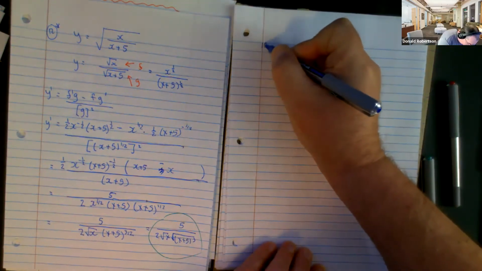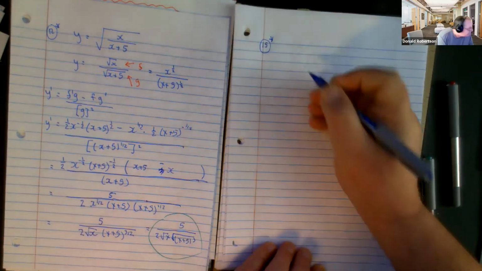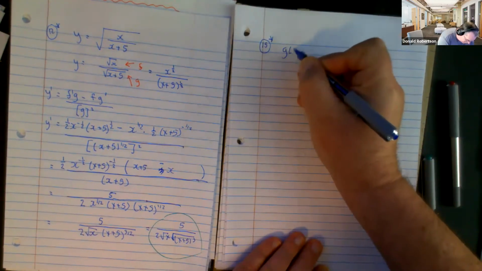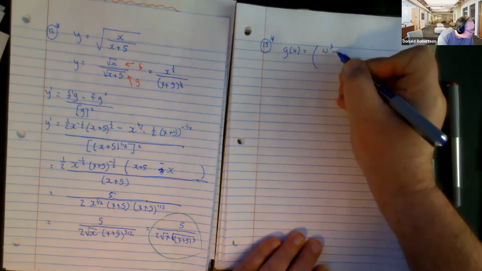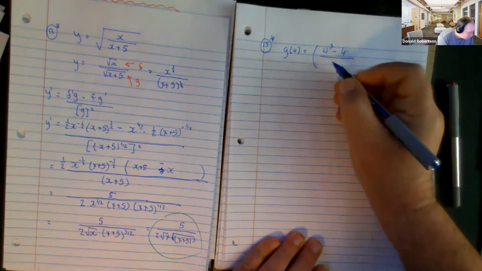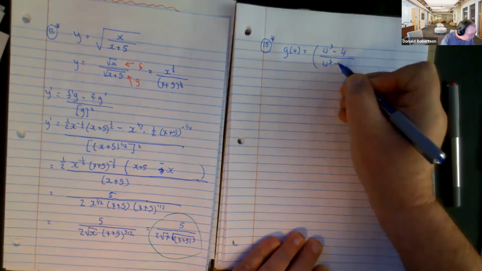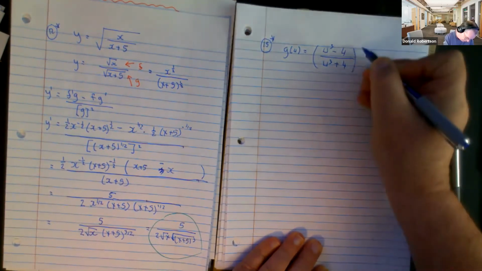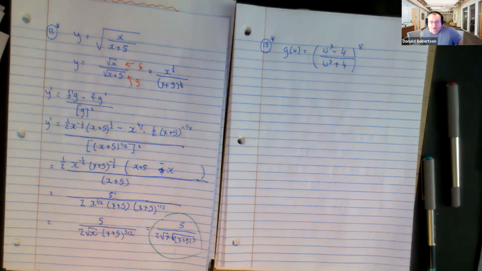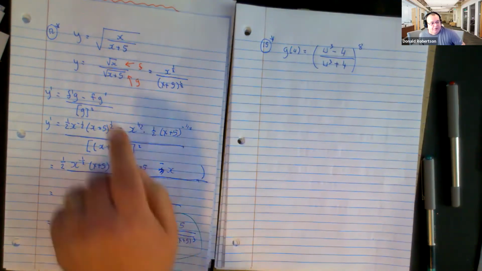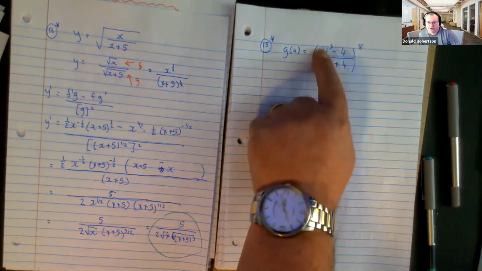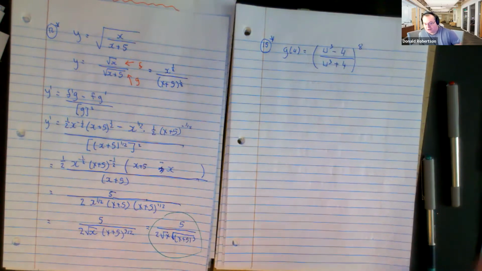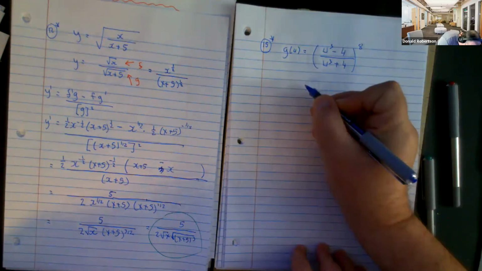Now, the next question that is of that type is g of u equals u cubed take away 4 over u cubed add 4, to the power of 8. Now, this one was the square root of a fraction. This is a fraction raised to the power of 8. Now, you can actually do this 2 different ways, but the way I would do this one